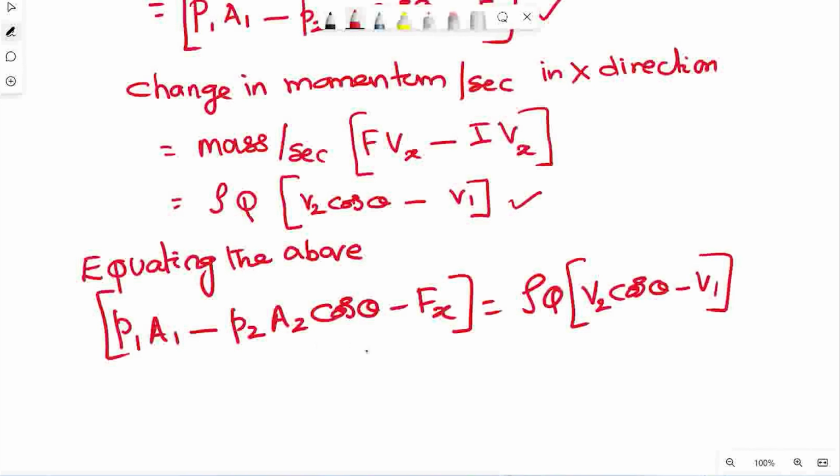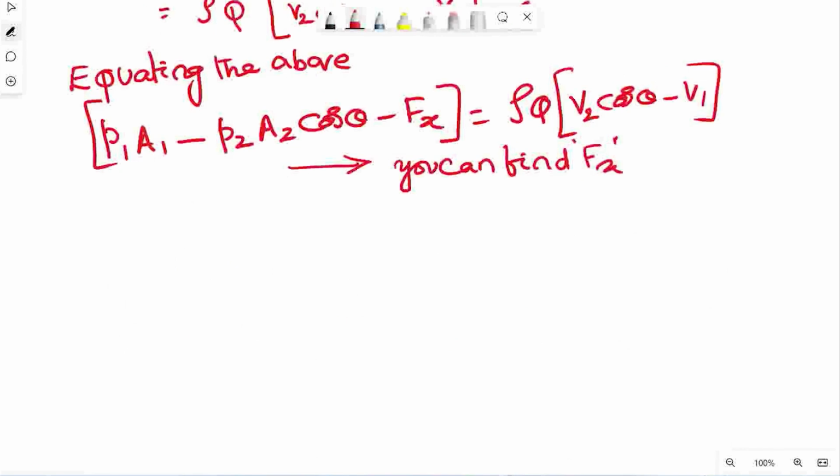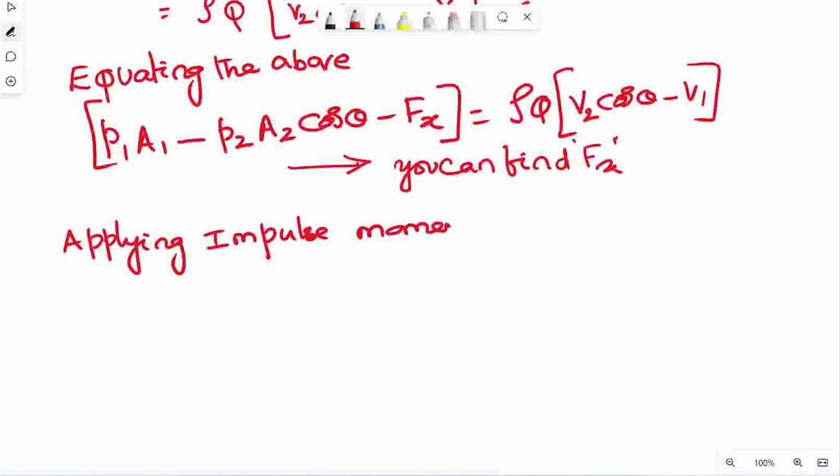So using this equation, you can find Fx. This is first. Similarly, if you apply the same thing in the y direction, applying the impulse momentum equation in y direction,